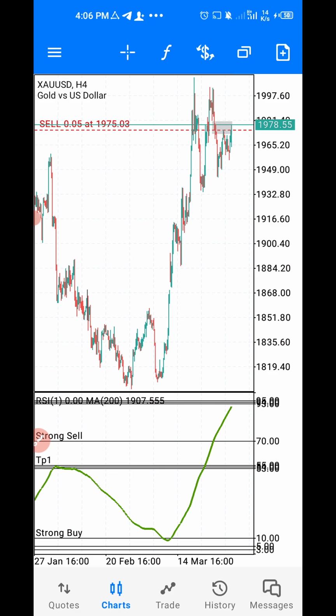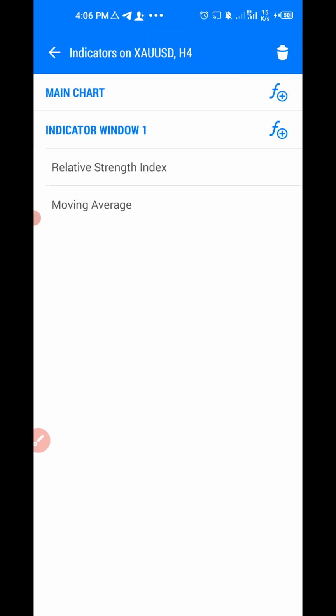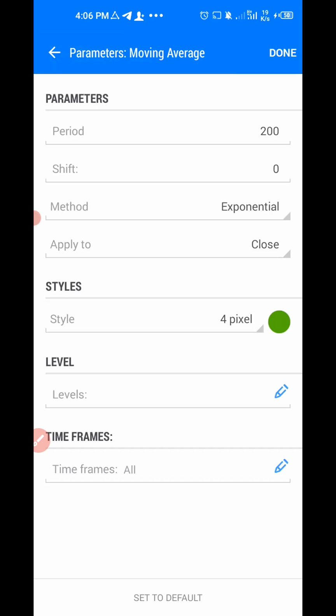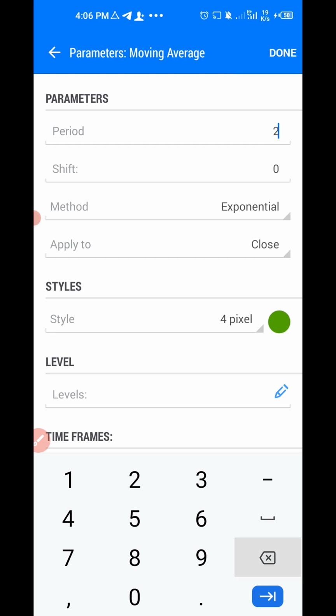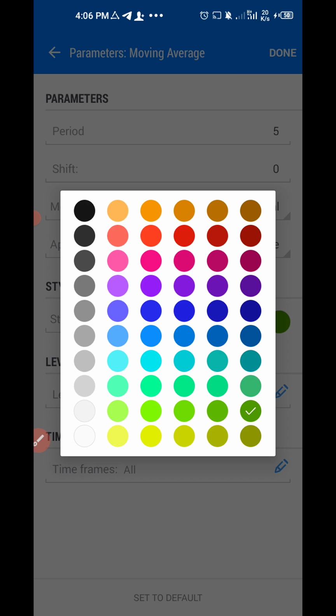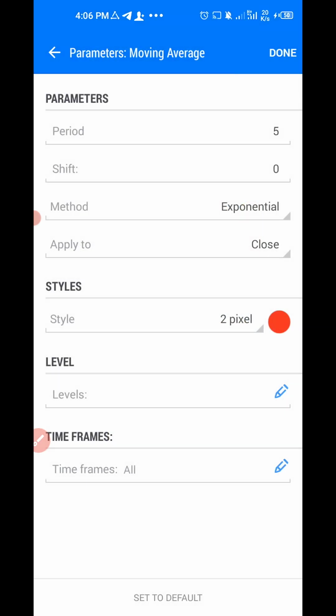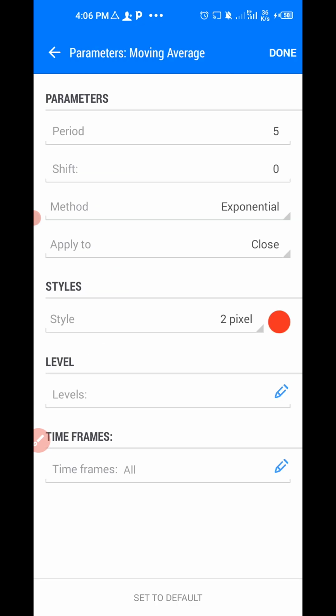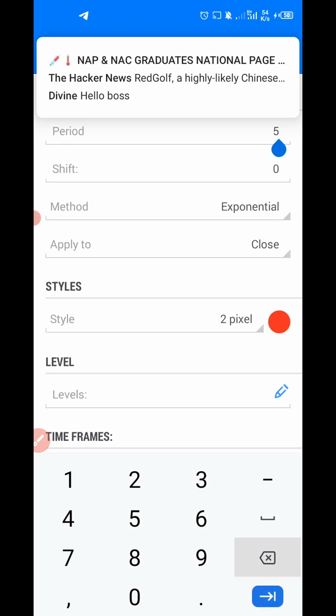So let's go to the indicator windows again and do the last settings. Click on windows, indicator windows here, click on moving average here, set the period to 5, shift to 0, method is exponential, apply to close, select pixel of 2, select a different color of, let's say, red. So we click on done, click on another indicator window again, select moving average, set it to 8,